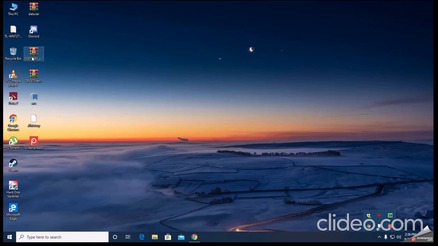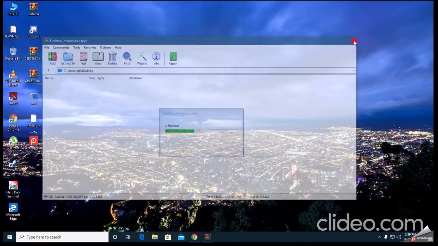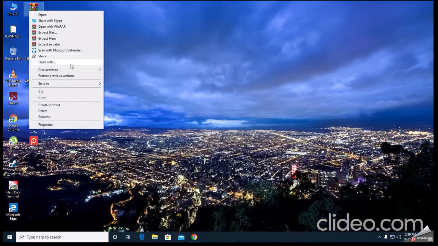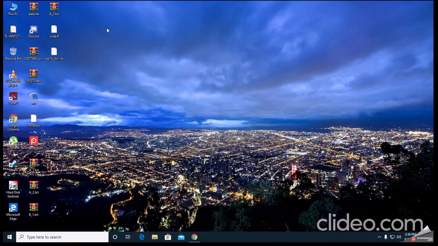After downloading the data package, I am going to uncompress this. Okay. But we don't need to uncompress these A1, A2 and B1 and B2 text files.